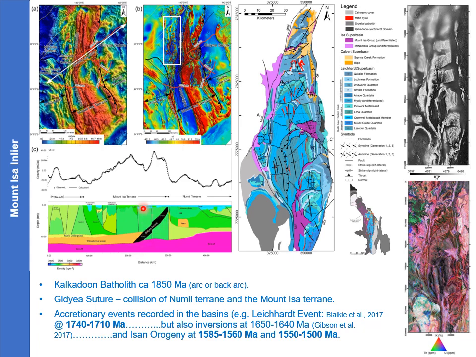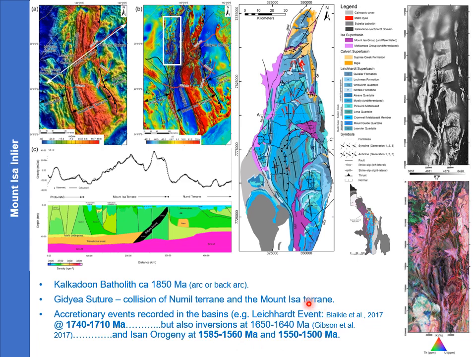It is actually transected by the Soldier's Cap group, which has been well dated between 1710 and 1650 million years. So we know that this suture zone must be older than that. We believe that the Chalcodone-Leichhardt belt, which is a series of granitic and granodioritic batholiths that extends along this regional zone through here, is probably the arc or the back arc region to this subduction zone. It's been dated at 1850.